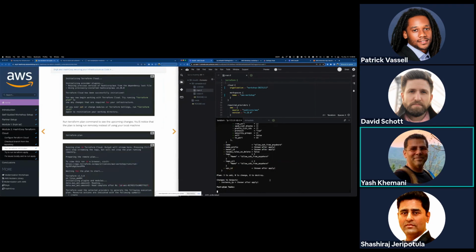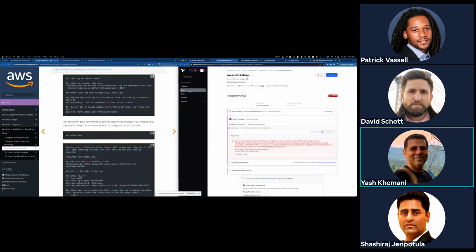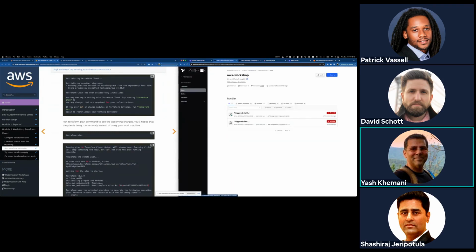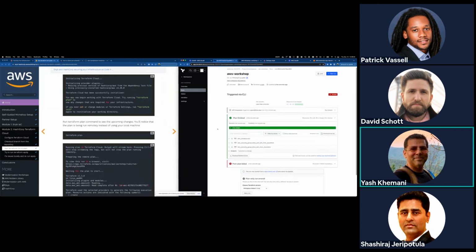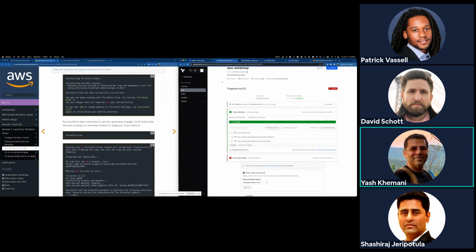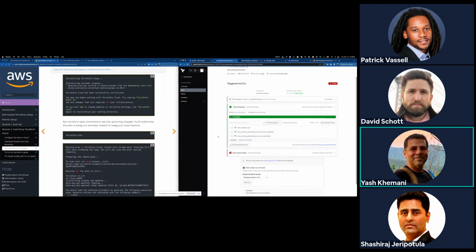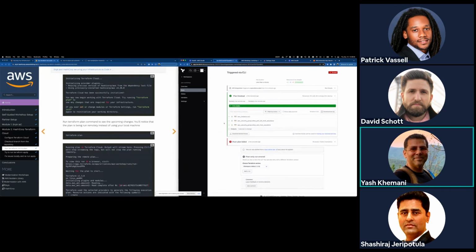All right, this time it looks like our plan is proceeding. Now I am getting the output here just like I did before, but let me pop back here. My previous run failed because I didn't have valid cloud credentials to use, but this one also failed. Let's see why it failed. Our plan was valid, right? Rather than just seeing the output at the CLI, I'm seeing a little bit of structured output here in the Terraform Cloud UI.